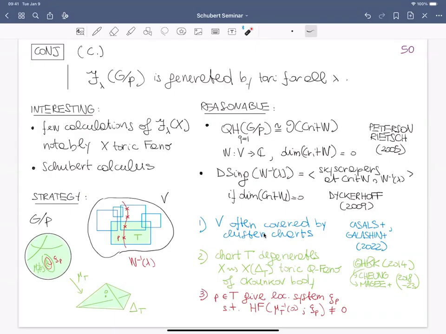But the cohomology of G mod P was computed, starting as a motivation from problems in Schubert calculus, and then the quantum cohomology has been studied as a way to extend those results. And so I think of this computation of the Fukaya category of G mod P as some sort of new iteration of this story that returns in mathematics.